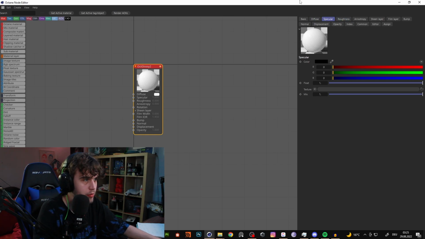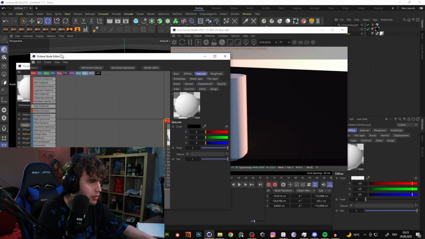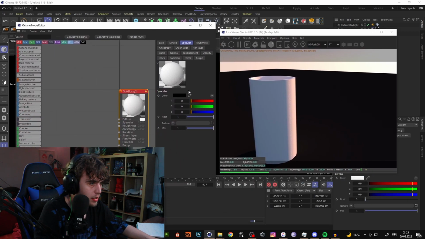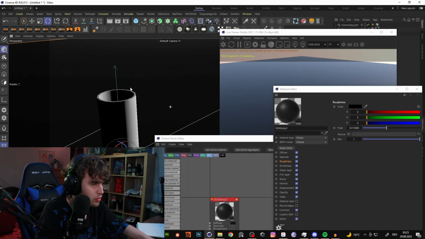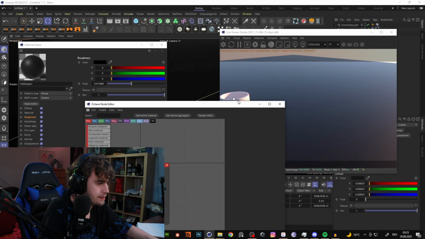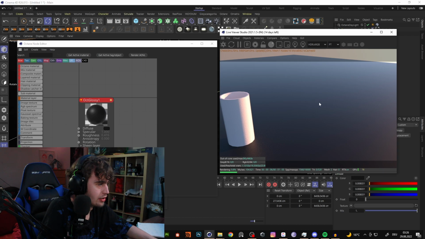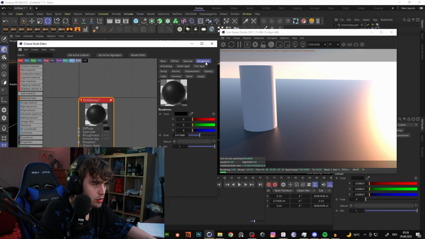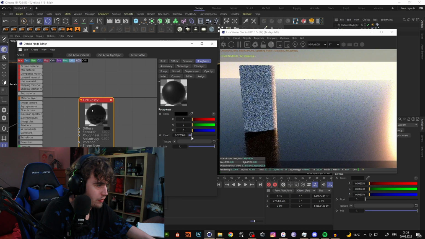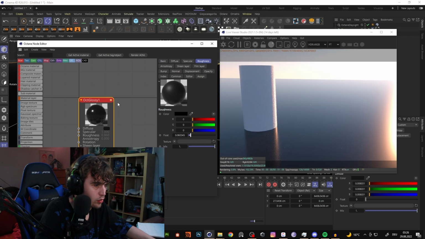But we have the specular part in here, and the specular part is telling the renderer where the surface is reflecting light. So as you can see, we now have a glossy material, and the glossy material looks like it's wet or it's reflecting the light more. And as you can see, with the roughness you can control how glossy it is and how rough it is,